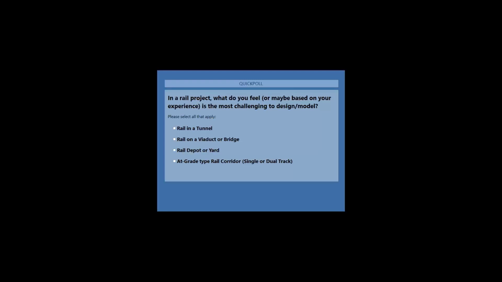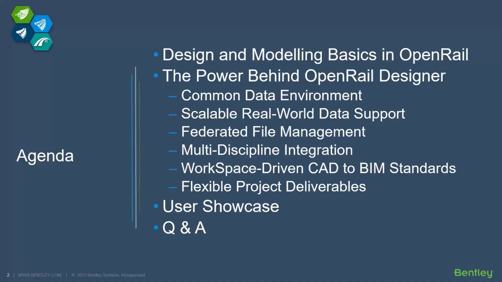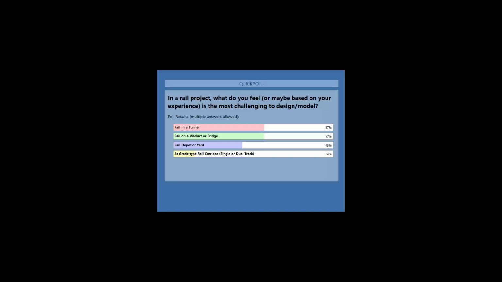Okay, so let me close the poll. Now, I do hope that when I share, it's also showing the results, right? Casey, can you let us know? Yep. Okay, we can all see. Okay, so it's a tie between rail in a tunnel and rail on a viaduct or